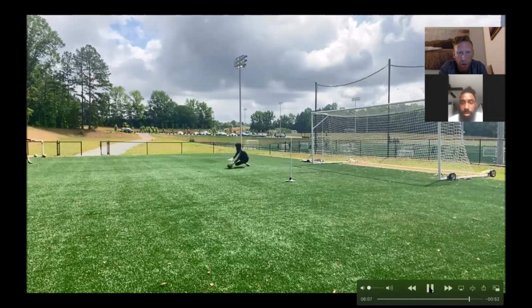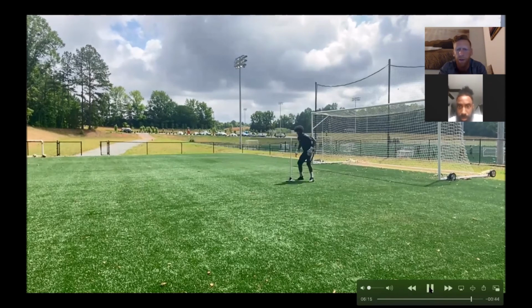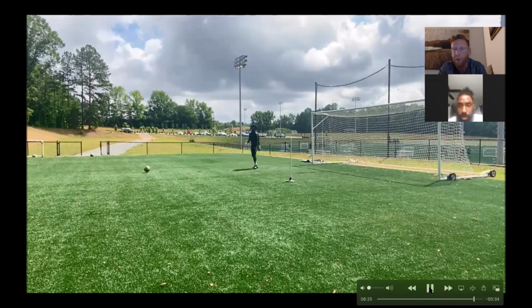Good readjustment, nice simple ball, body shape, angles really good, and you're clearing that foot, so you're able to get down. And a lot of the things we're saying are really repetitive, but again, it's all about creating habits, being able to take that shot time and time and time again. And it all goes back in goalkeeping, being able to deal with that shot and not give up a rebound